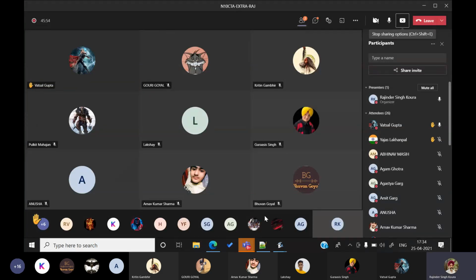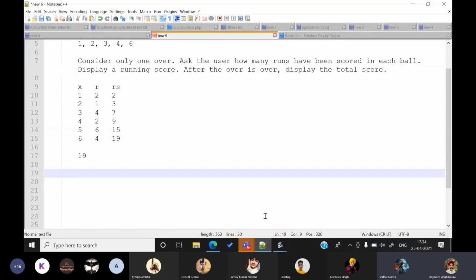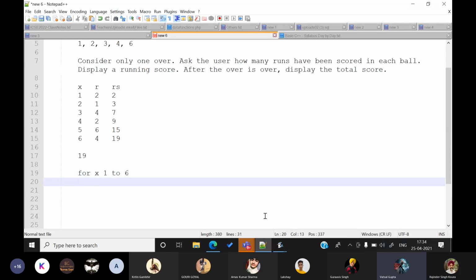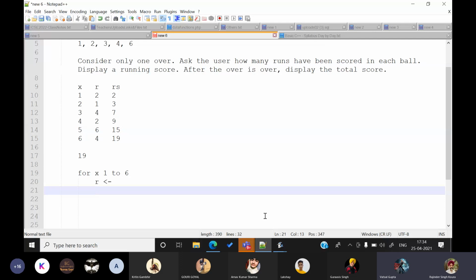Okay, Vatsal raised his hand first. Sir, as a matter of fact, I think that we should be using /t in this case. Don't worry about how the display is going to happen. So what is the logic? The logic would be that we will run a for loop from 1 to 6, and in which we are going to ask the runs. Run is something which you are going to input from the user. And before displaying the runs, we are going to display x, because we need to display it